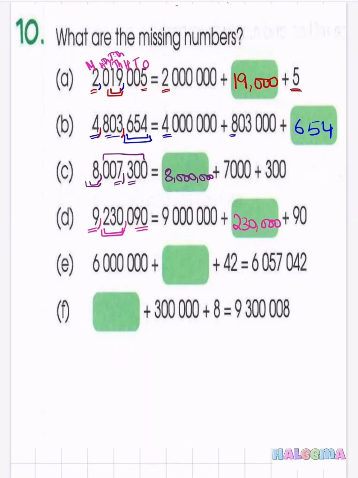They've just written the number on the other side. The method is going to be the same. Let's divide the number in the same way. 6,057,042. They've done 6 million for us. 42 is done too. What we're left with is 57,000, right? In the next question, we have to do the same. We have to divide the number into 3 parts. 9,300,008. 8 is done for us. 300,000 is done for us. What we're left with is 9 million. This is the